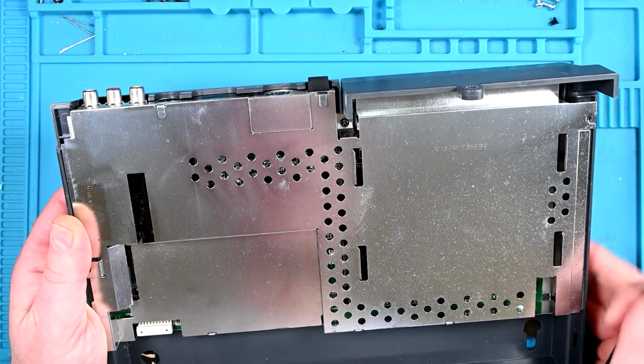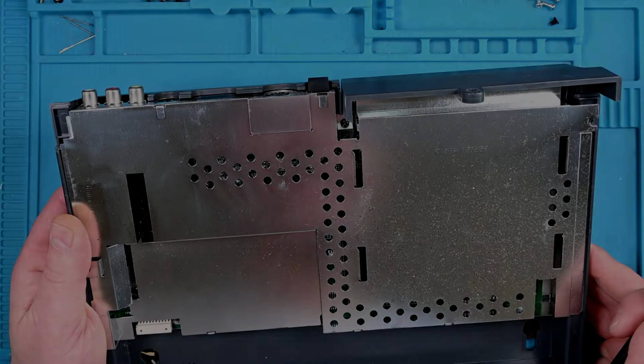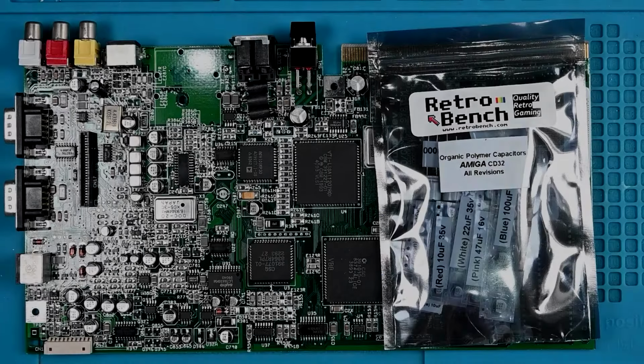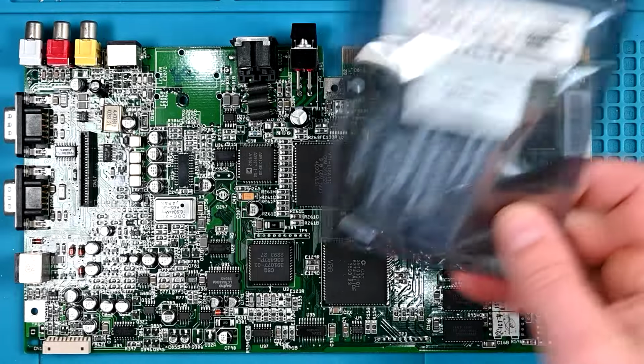Tabs bent, and let's get the heat shield. Now, not only did Retrobranch,